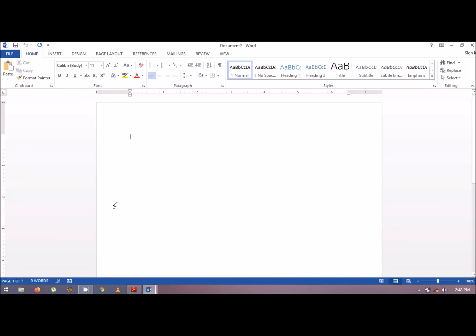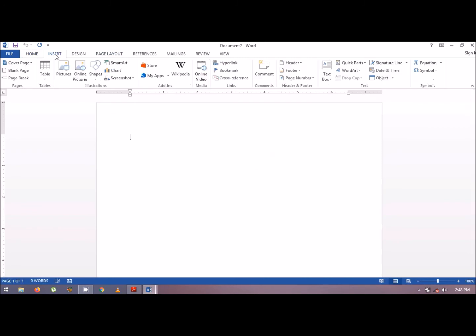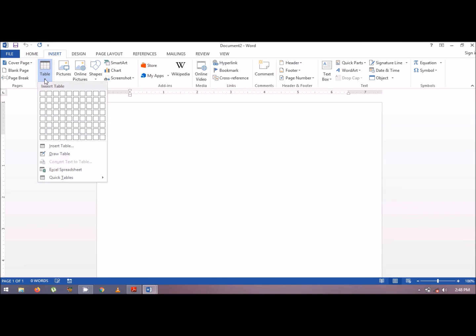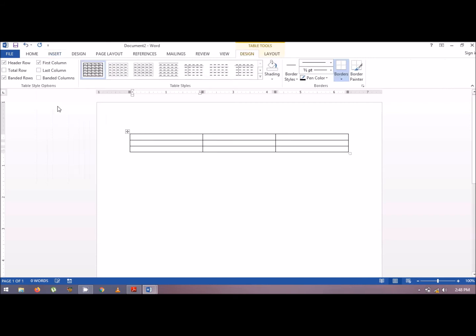How you can create your table. Go to your insert tab. Here we have the table option. Table is a collection of rows and columns, so you can directly choose it according to your requirement, like this. The next feature that we are going to discuss is your